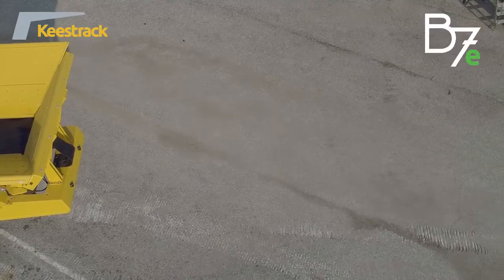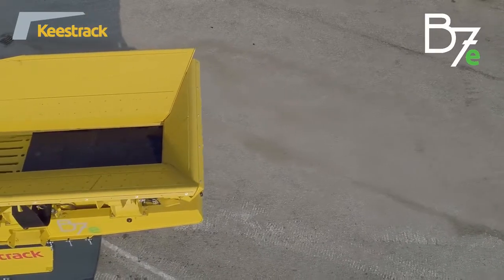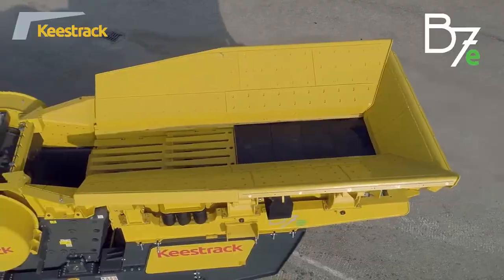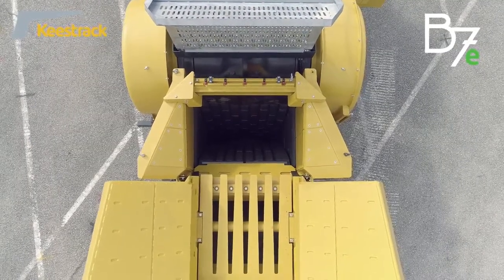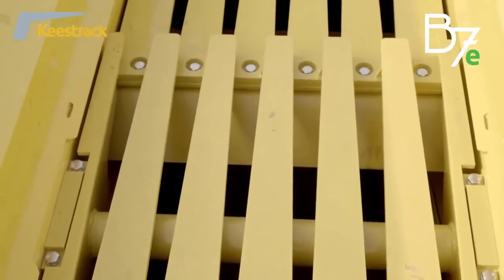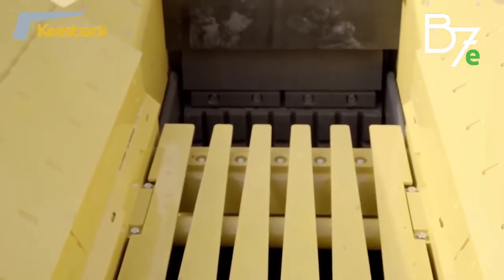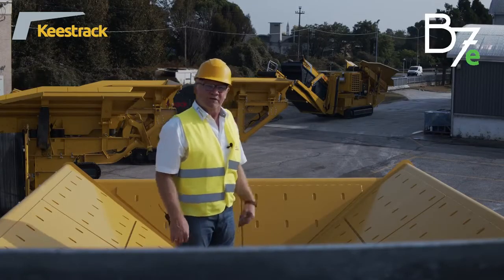design. The vibrating grizzly feeder, which feeds the material into the crusher and is scalping off the fine fraction, has a length of 4.3 meters and a width of 1.2 meters. And the bottom liner is done with a rubber lining of 50 millimeters to reduce the noise when feeding the